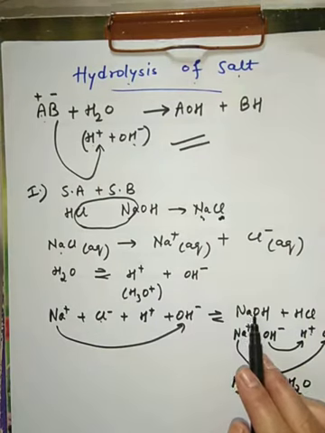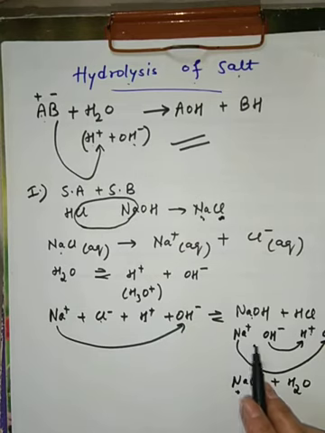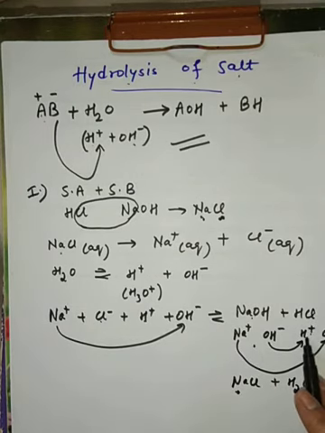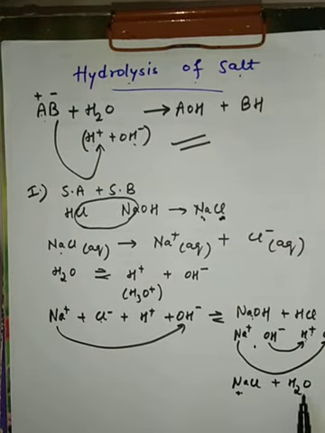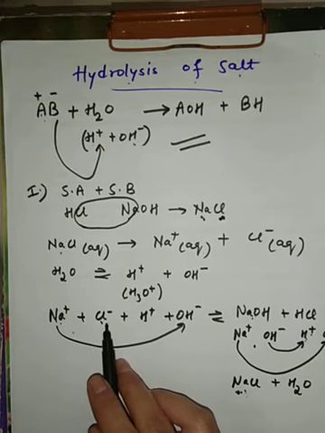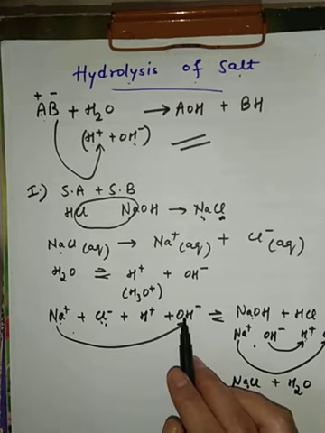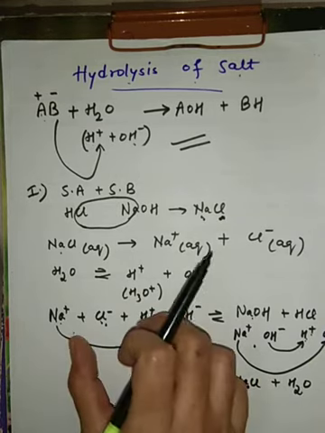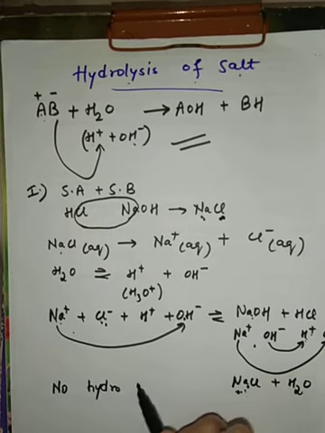Now why do they dissociate? We know this is a strong base, so it will dissociate immediately to give you this. HCl will dissociate immediately to give you H plus and Cl minus, and now this combination takes place, you get common salt and H2O again. These are nothing but our reactants that we have started with. You can see this Na plus and Cl minus, this is common salt which is again formed as a product, and H2O means H plus and OH minus, meaning my product and reactants are same. So we can say that there is no hydrolysis.